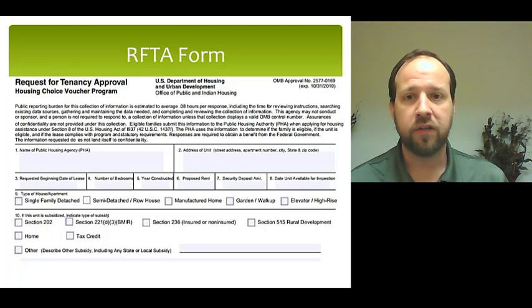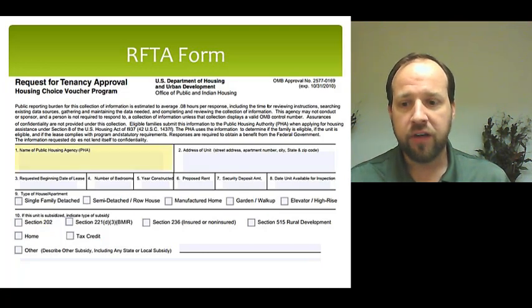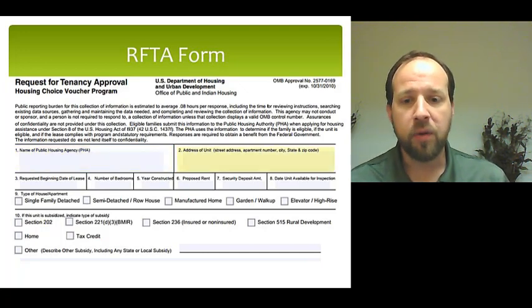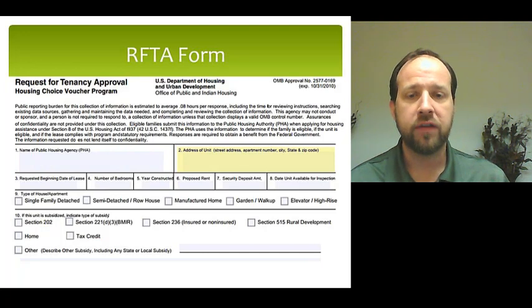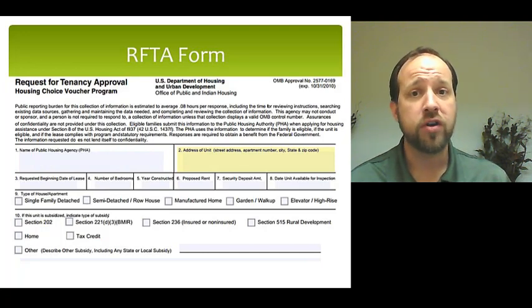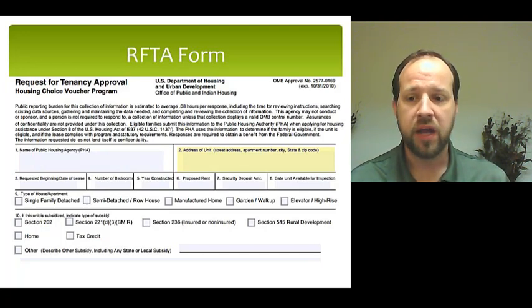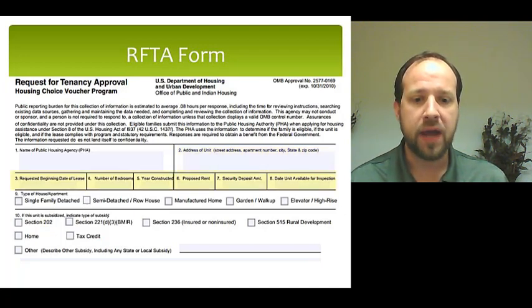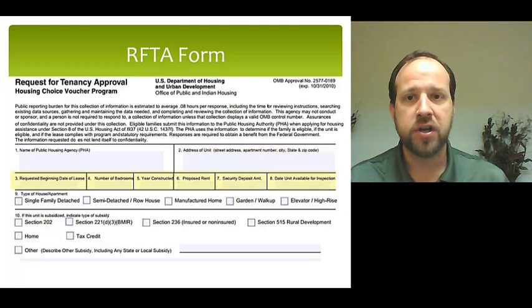Now, as we take a look at the top half of the document, I want to just highlight a couple of points here. In section 1, we've got the name of the public housing agency, the local housing authority, which you can get from the participant if you don't know it already. Number 2 is the street address of the unit that is in question that we're going to be potentially leasing. And then as we look at the fields below here for 3 through 8, I want to take specific mention of number 7, which is the security deposit.